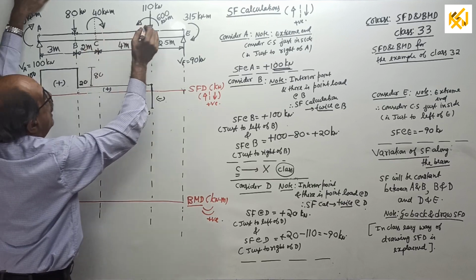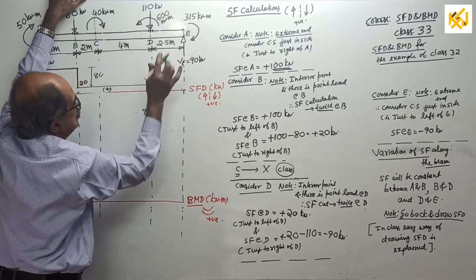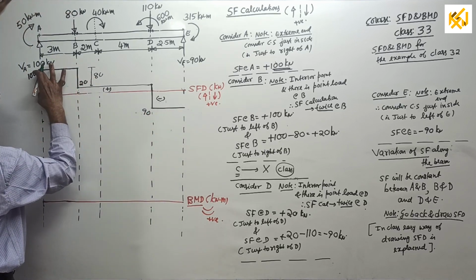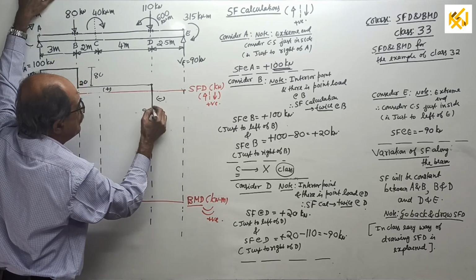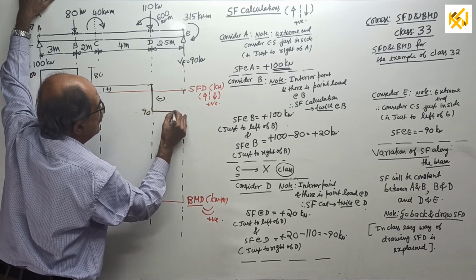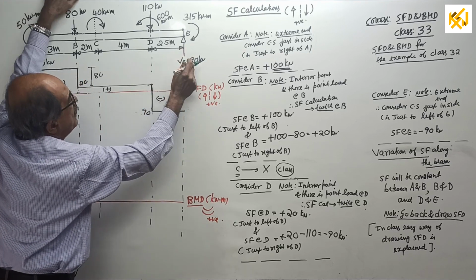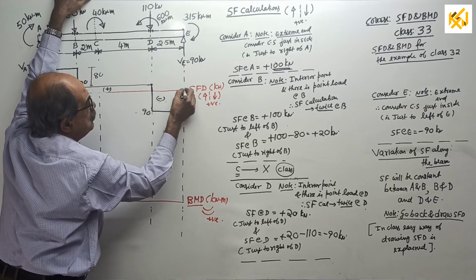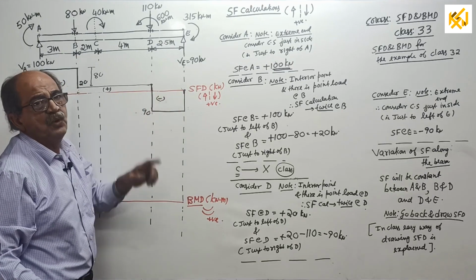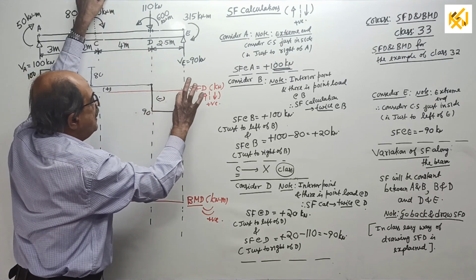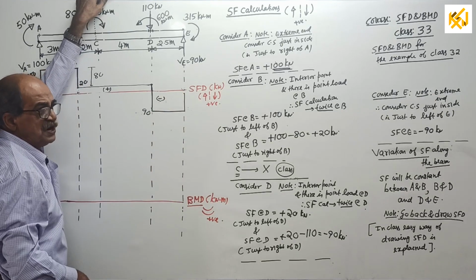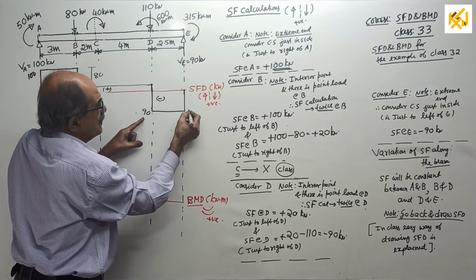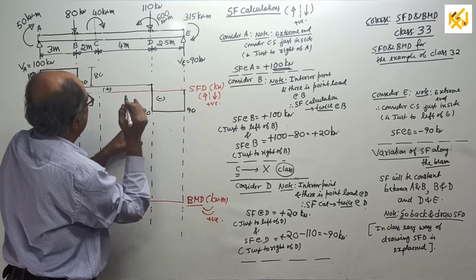Then after D up to E, there is no load, go parallel to the baseline. See, somewhat the scale is lost. This is 100, this is 90, it should be a little bigger. Okay, 90. And reach here. Lastly, at this point, go up by 90. You should correctly come back to the baseline. That gap should close. In my class, I will tell, in case any gap comes here, my students, I will put you inside and close it. So don't write once again. Still write if you want. 90 once again, to understand.